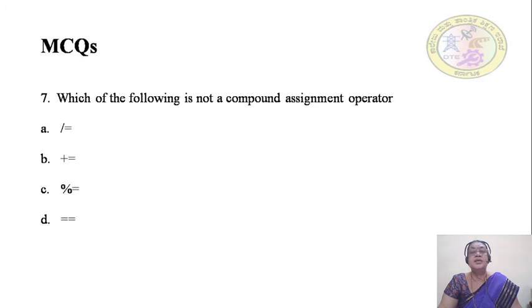The correct answer is option D. Equal to is a relational operator, whereas A, B, C, slash equal to, plus equal to, modulus equal to are compound assignment operators. So the correct answer is option D, equal to. It is a relational operator.